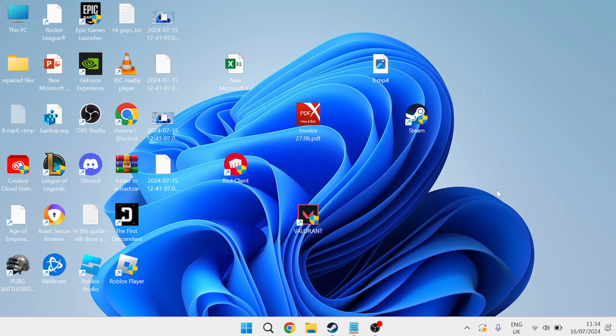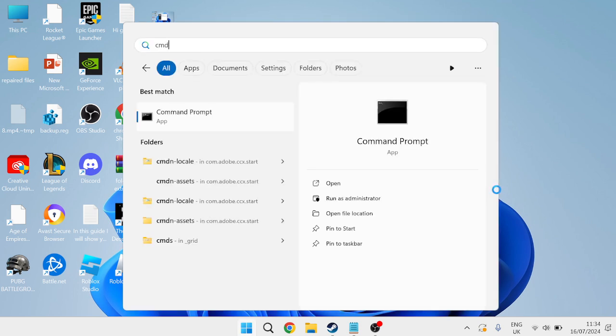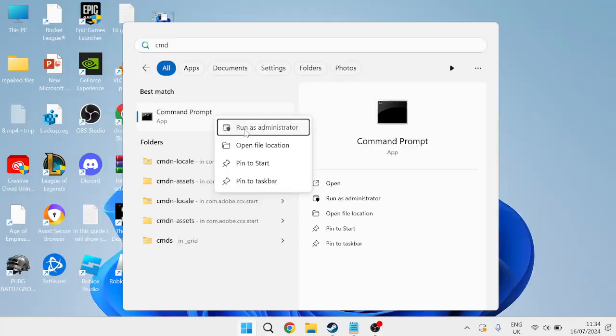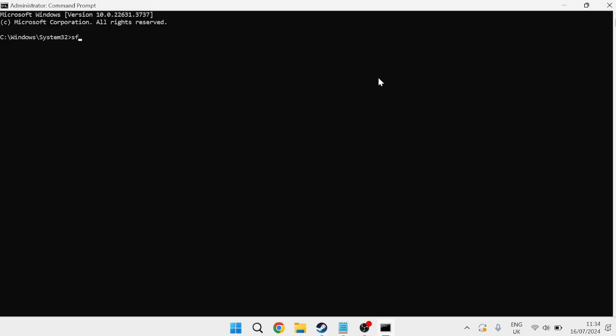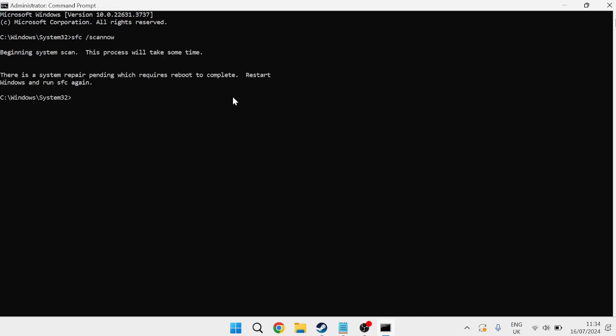Now the very last thing we're going to do before we try launching up our game is you need to come over to the Start menu, and we're going to search for CMD, and then right click on this command prompt and run as administrator. Inside of this window, we just need to type in sfc /scannow and hit enter, and this is going to scan all of your Windows system files, once again just to ensure that everything's in order. So you'll need to wait for this scan to get to 100%,